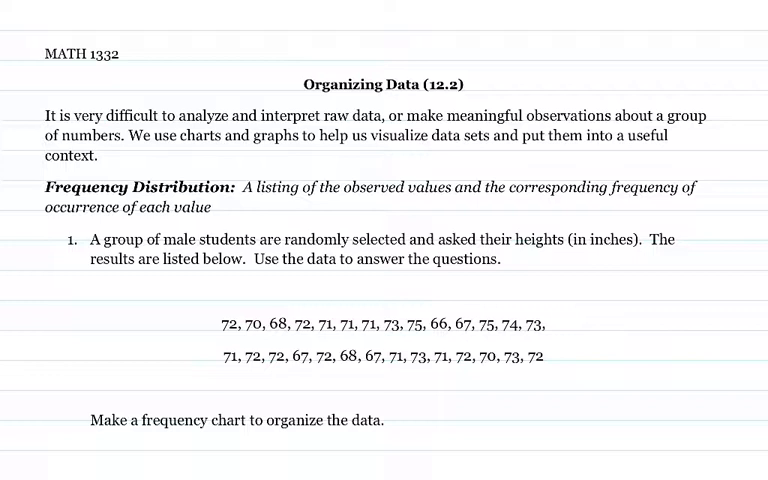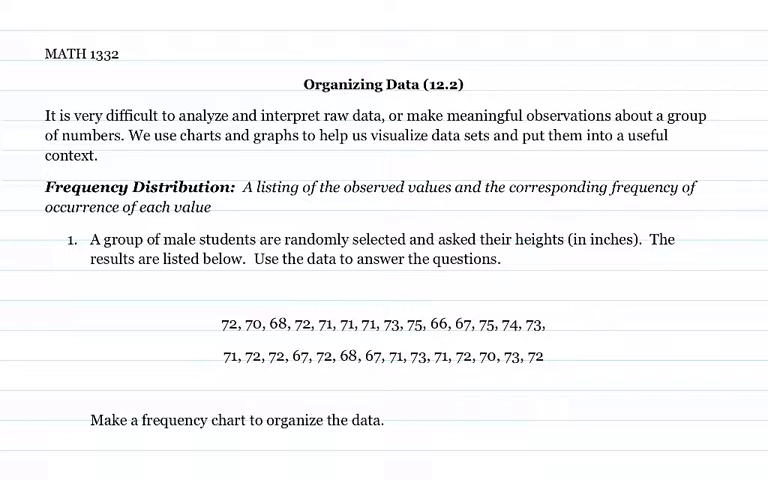So we have an example here where we're going to make a frequency table. A group of male students are randomly selected and asked their height in inches. The results are listed below. Use the data to answer the questions. So we're going to first start by making a frequency chart to organize this data. The data is not given to us in order. So what we want to look for is what's the smallest value and what's the highest